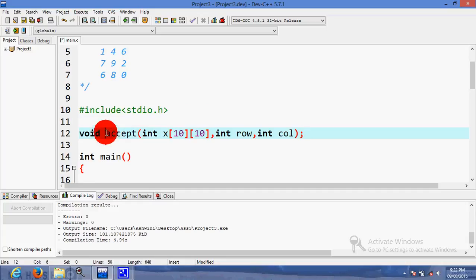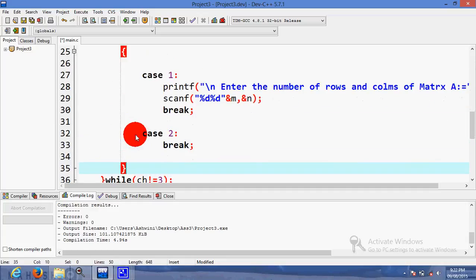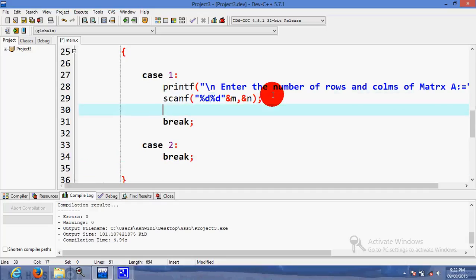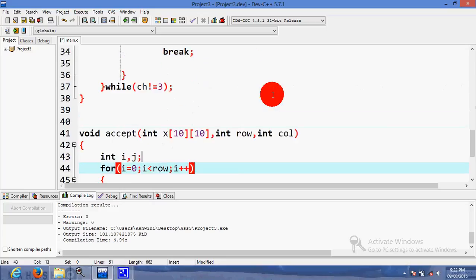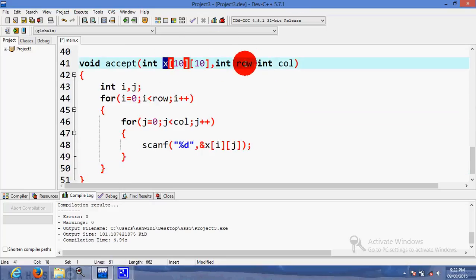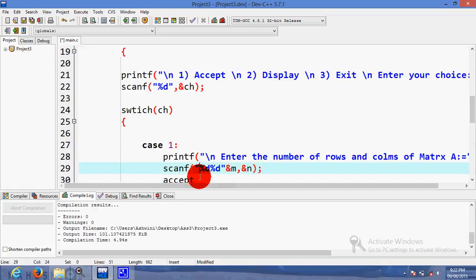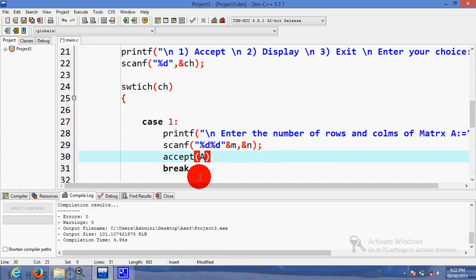Now we will call the function accept in main. After accepting actual number of rows and columns, we will call our accept function. Now here we have passed the parameters: first the name of the matrix, then the actual number of rows and the actual number of columns. So here our matrix is A, then number of rows m, number of columns n, which ends with the semicolon. Okay, so before accepting, here we will write one statement, printf